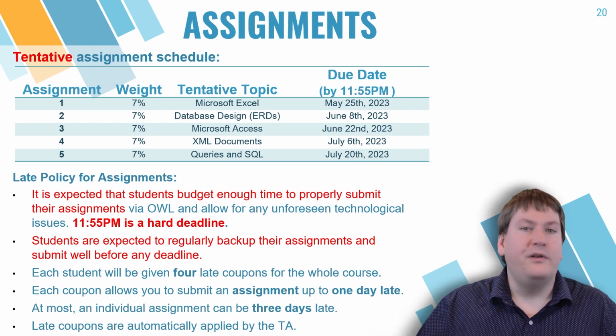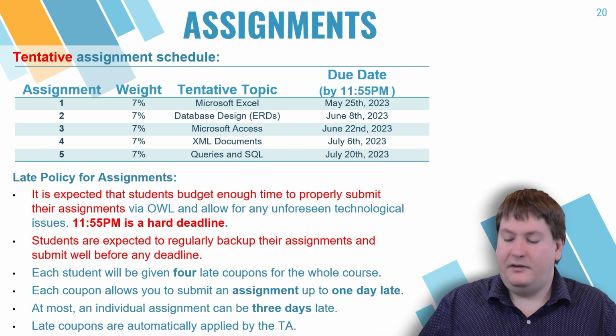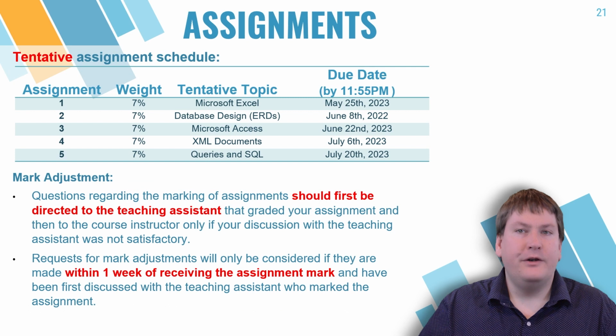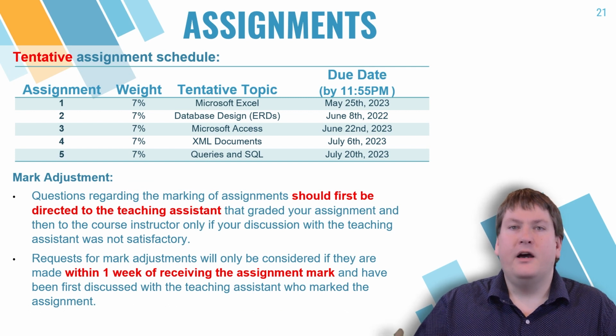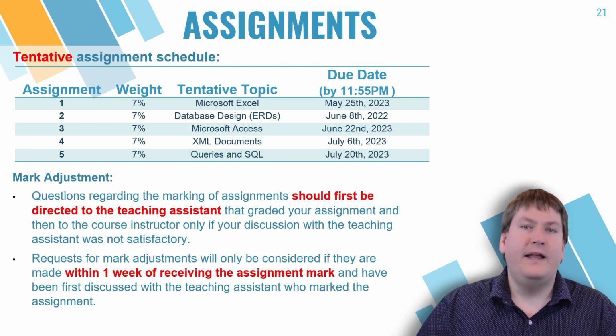Can't use them on quizzes, participation activities, or anything like that. Has to be on assignments. There's no need to tell us when you're using a late coupon. They'll be applied automatically by the TA. If you submit 1 day late, they'll remove 1 late coupon. If you submit 2 days late, they'll remove 2 late coupons, and so on,